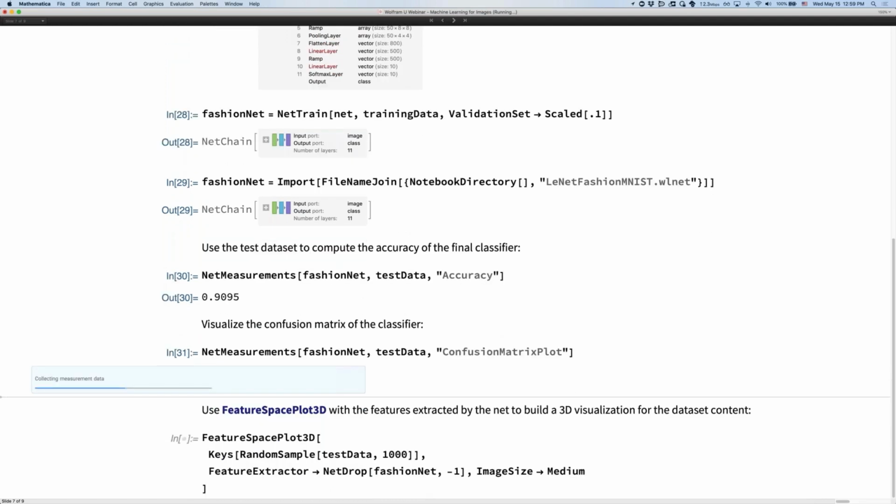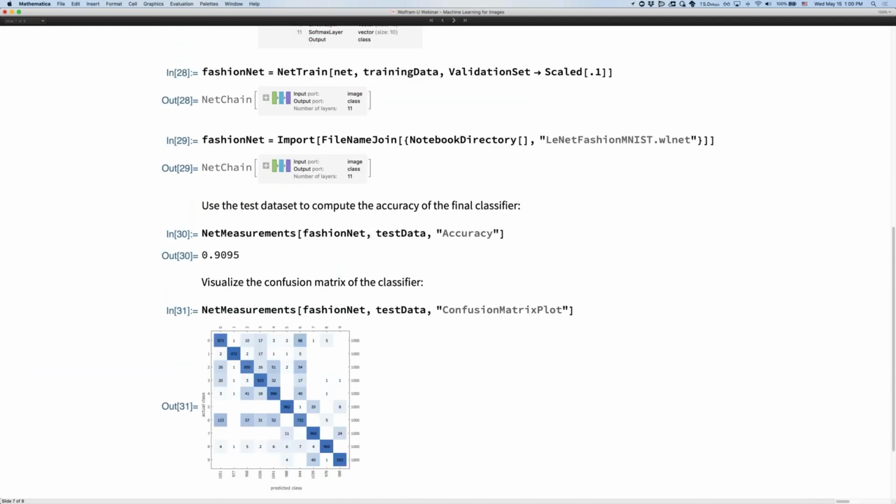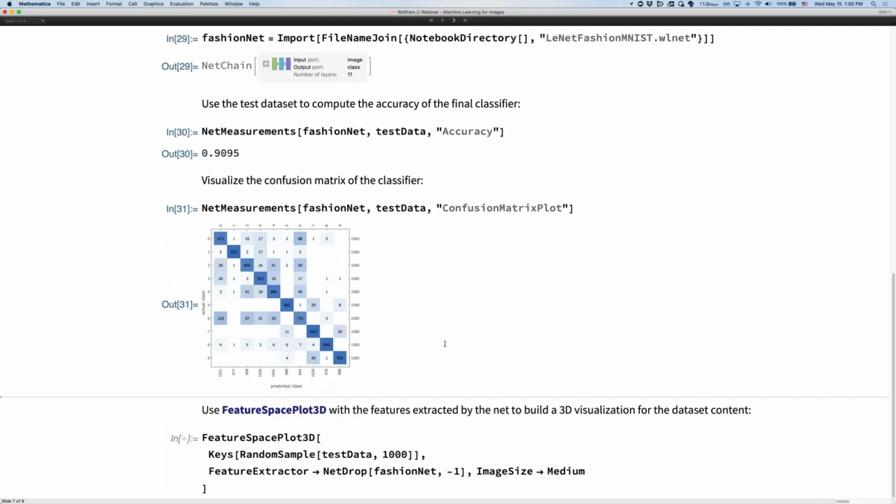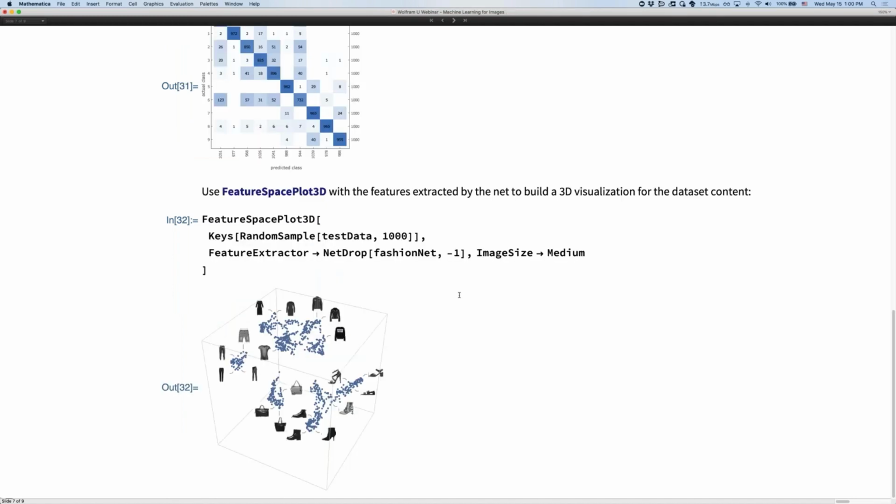I can show the confusion matrix, which shows some obvious confusion between some of the classes that are very close, like boots and shoes and things like that. And here I'm just showing a feature space plot in 3D of some of those examples in the, I believe, test data set. Once that shows, we already see the nice reflection of the good classification in that 3D feature space plot as well. So here we started from a net structure, uninitialized, and trained the whole thing.